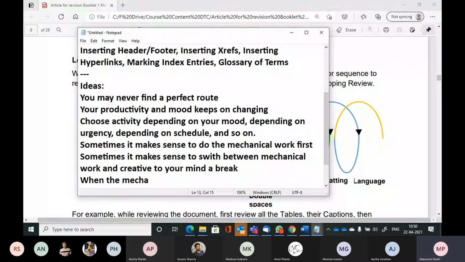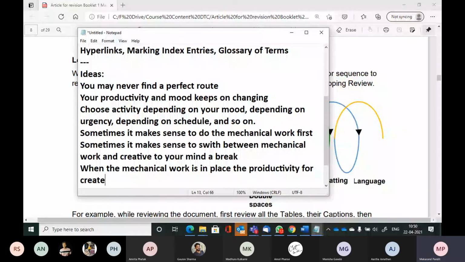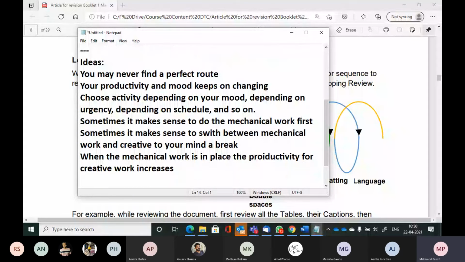When the mechanical work is in place, the productivity for creative work increases. Yes? Do you agree? Yes, sir.